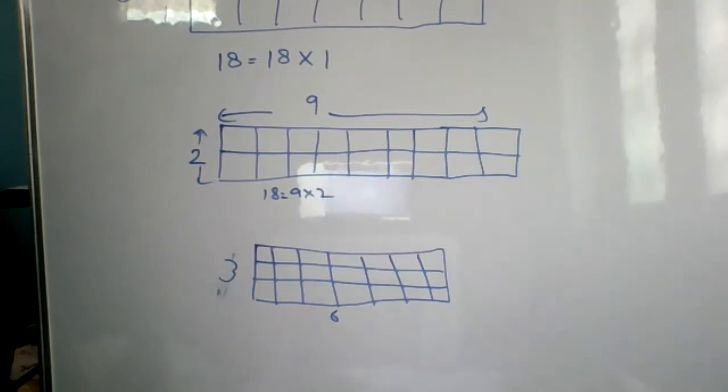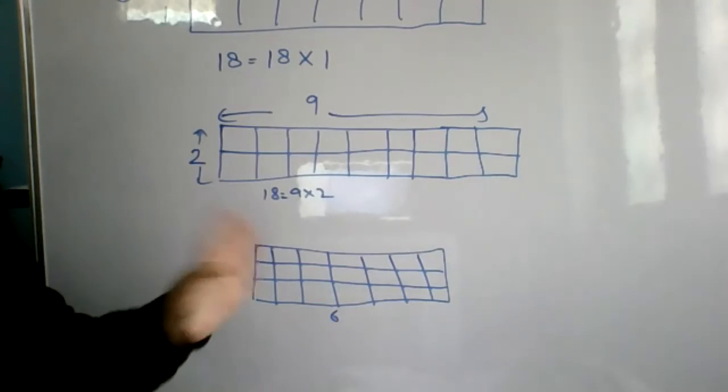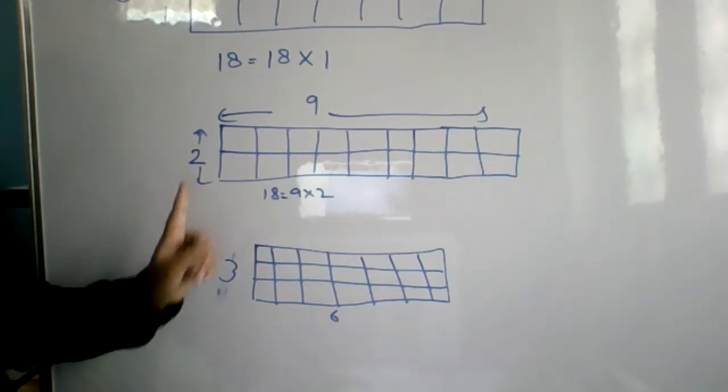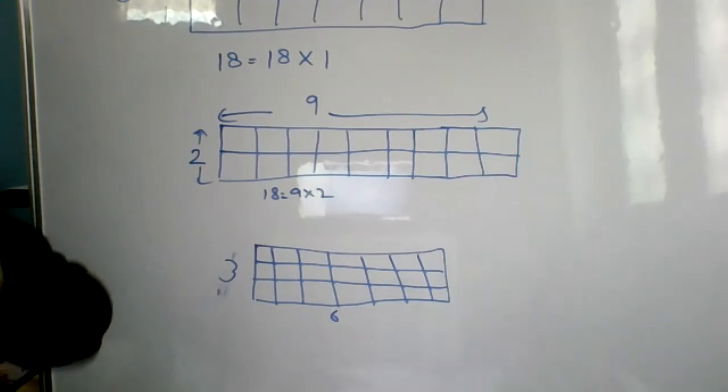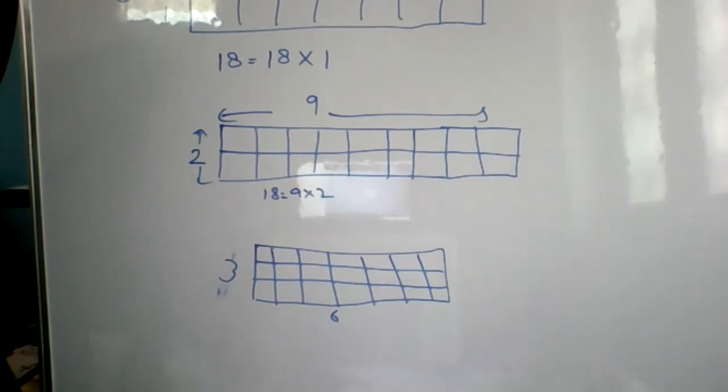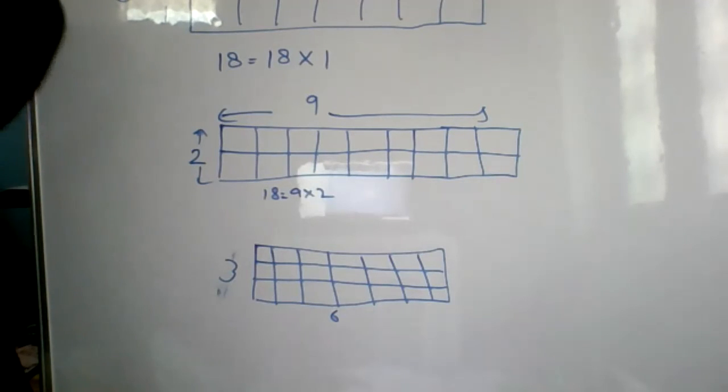Ma'am, after cutting where do we have to paste? Yes, the first one you make and paste it. Second one you make and paste it. And third one you make and paste it. Ma'am, in white paper? Beta, colored sheet. Or if you are using white paper, then you have to color it. You can stick it on white paper.